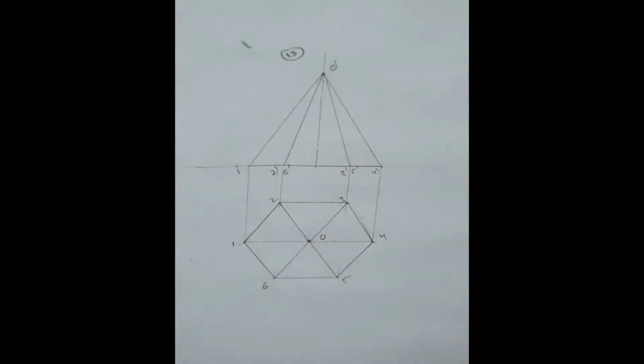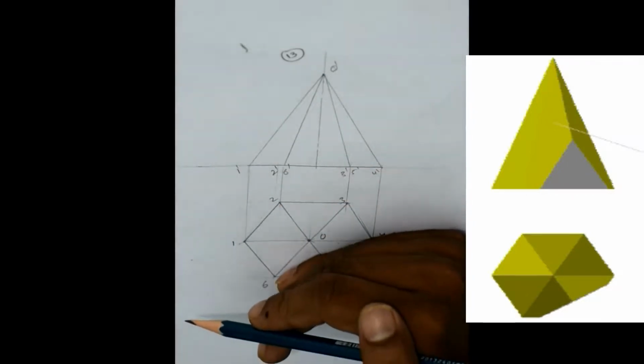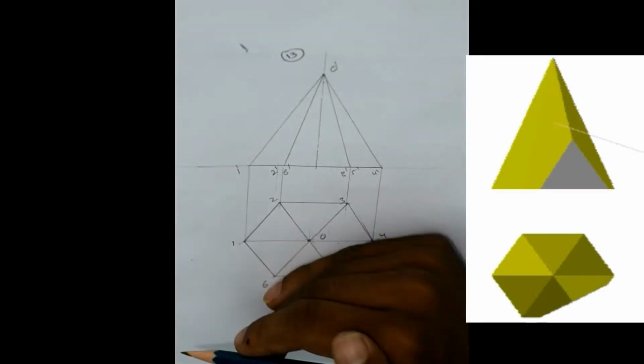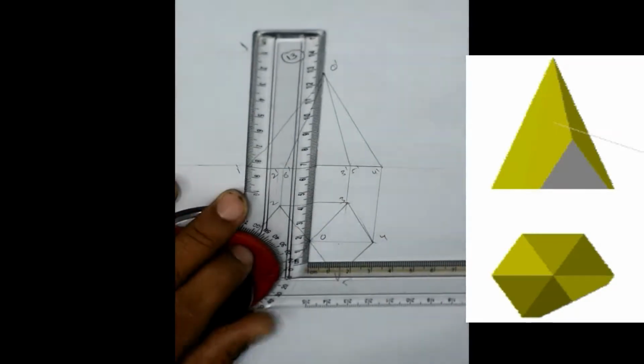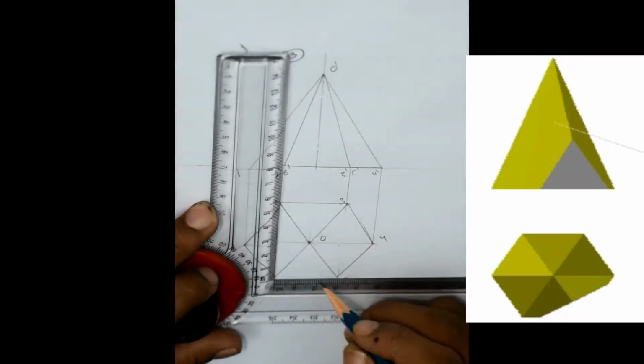This is a little bit tricky because in this question it is mentioned that the cutting plane is inclined at 30 degrees to VP and 25 mm away from the apex. So where is the apex? The first thing we have to decide is whether the section plane should come here or here. Since it is inclined to VP, the section plane should come in the top view, and its position is 25 mm away from the apex.